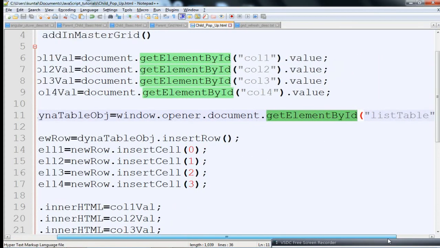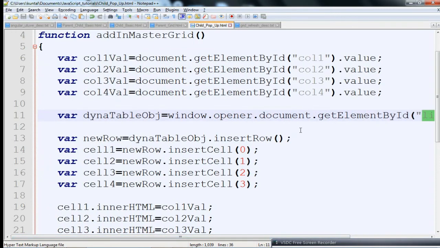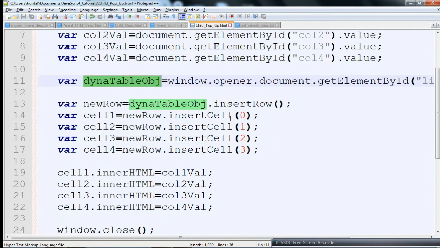So I have received the new row object, and then I can insert 4 cells: newRow.insertCell(0), newRow.insertCell(1), newRow.insertCell(2), and newRow.insertCell(3).